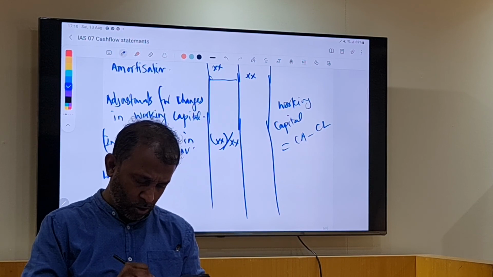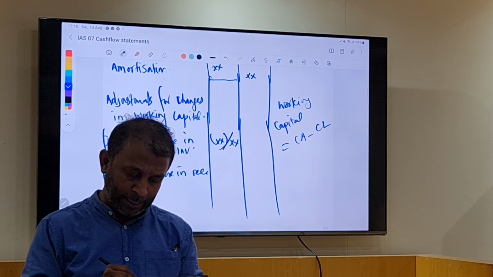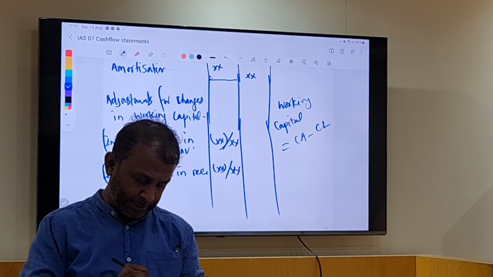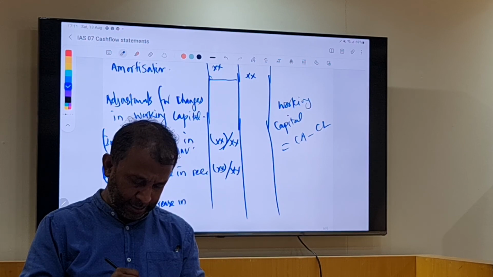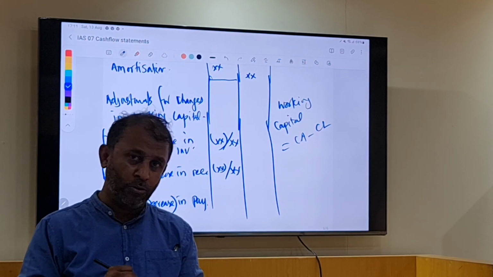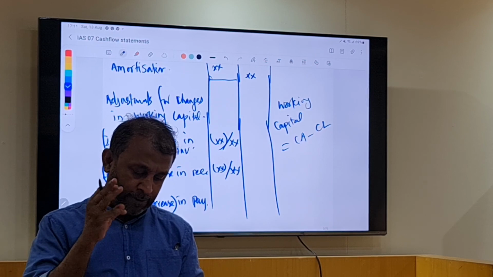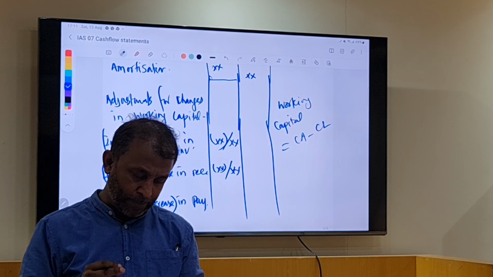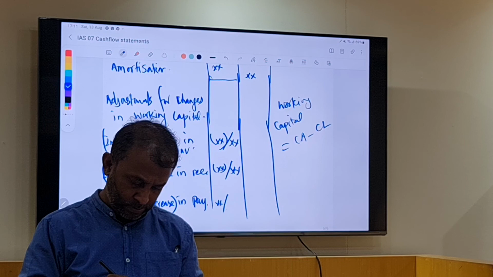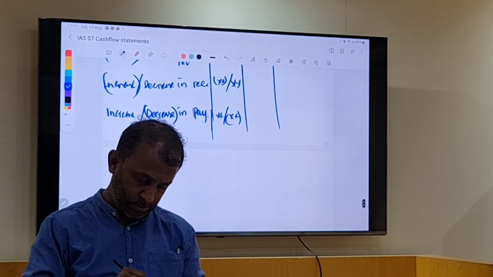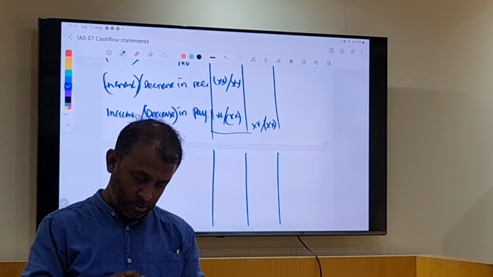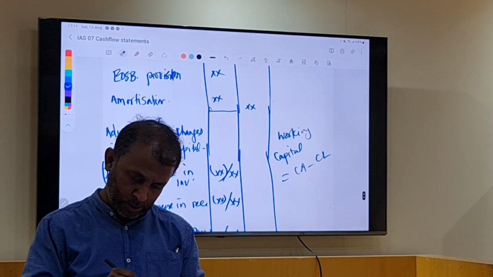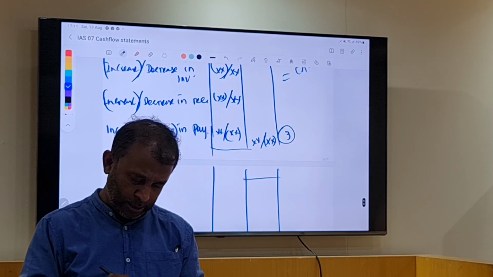Increase or decrease in receivable. Increase, you will show it as minus. Decrease, you will show it as plus. Increase or decrease in payable. Decrease, you will show it as minus. So remember the difference: inventory and receivable, increase is minus; payable, decrease is minus. So you have this answer now. See, 1, 2, and 3. This total is